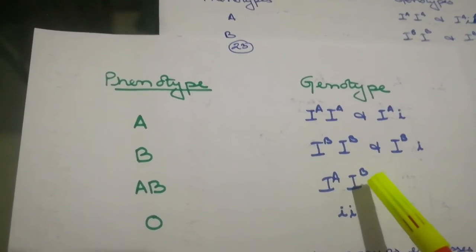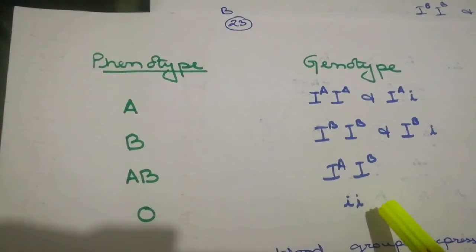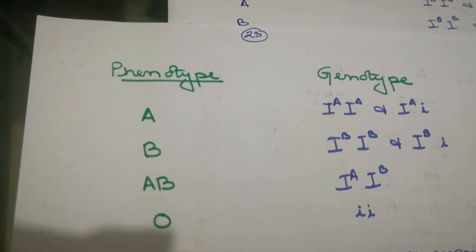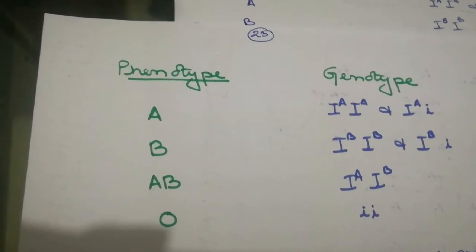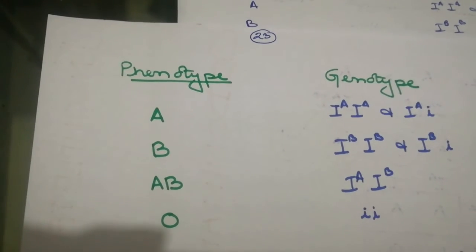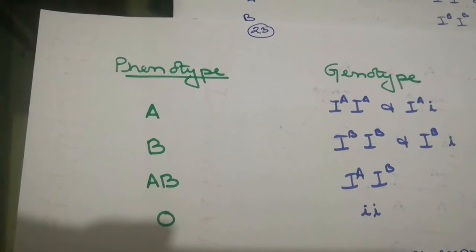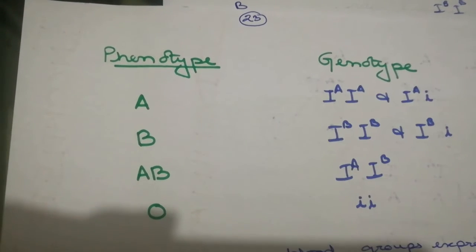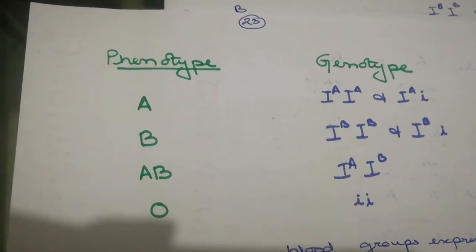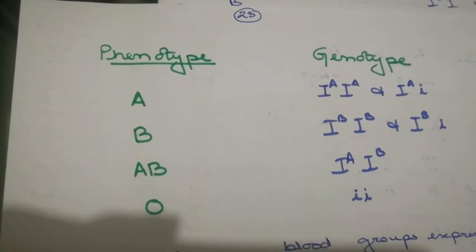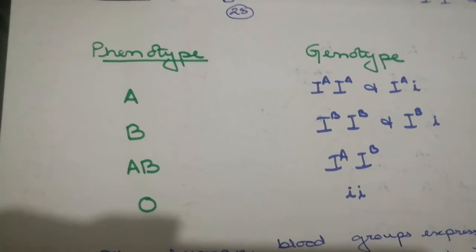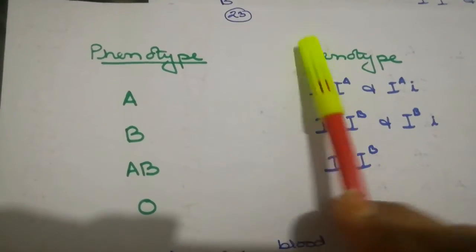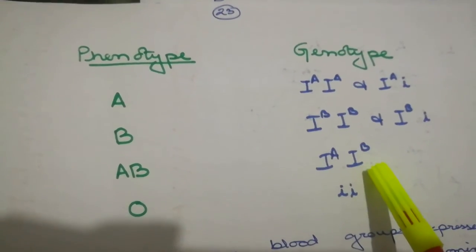Okay. Now, the human blood group also shows multiple allelism. Now, what is multiple allelism? Sometimes, due to mutation, the genes at the same locus are mutated and more than two alternative forms are produced. For example, if capital T is the gene, then small t1, small t2, small t3 and so on are the alleles which are produced due to mutation. So this particular blood group also shows multiple allelism.